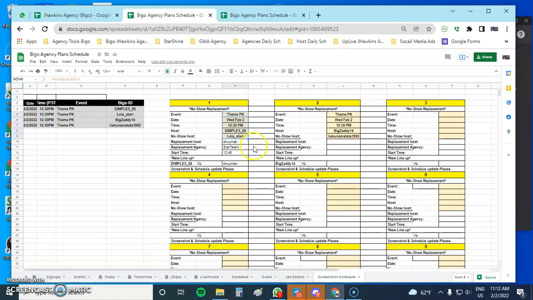Some agencies still have to turn in screenshots, some don't. The agency I'm with, we still have to turn them all in. My agency, I only have to turn in any that have a sub or impossible events. Those are the ones I have to turn in. But you want to get your host to do the screenshots anyways, just so that you can track if they were complete or not, because